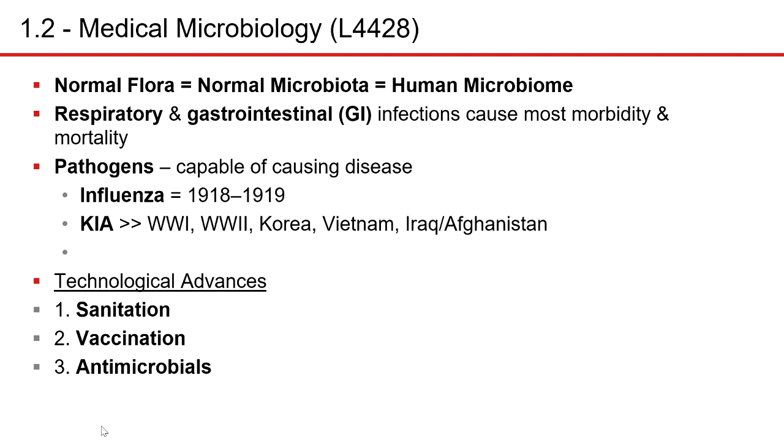Normal flora, normal microbiota. I'm going to say normal flora, technically it's normal microbiota. They're the bugs that live on your skin, right? And other places, not just your skin. How about your pharynx, your throat? You have any bugs in there? It's loaded, right? And I made this point in the other video last week: our mouths have about 10 to the 9 organisms per milliliter of saliva. Dogs are a little further down the list, but our mouths are loaded.